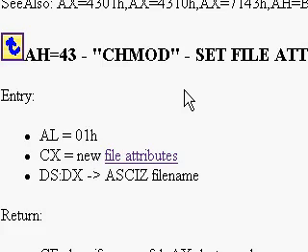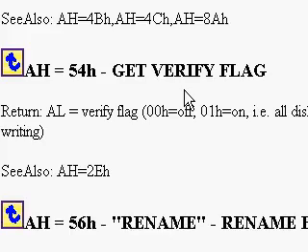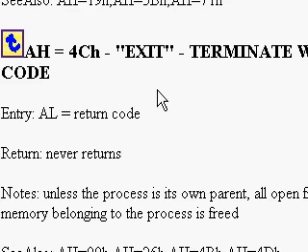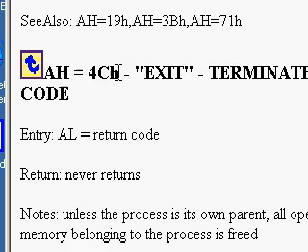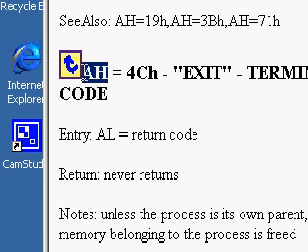So whenever you want your program to finish its execution, it's very important that you tell it to exit, otherwise it's going to coast along aimlessly, potentially treating garbage data as instructions, which could cause your program to crash or even destroy data. So we'll tell the program to exit to DOS by loading AX with 4C00H, and of course that just means AH is going to be equal to 4CH, and AL is going to be our return code,